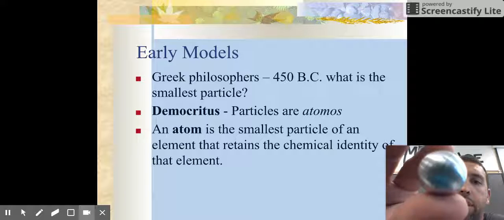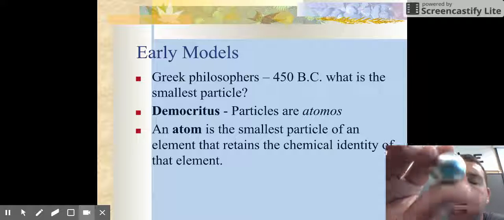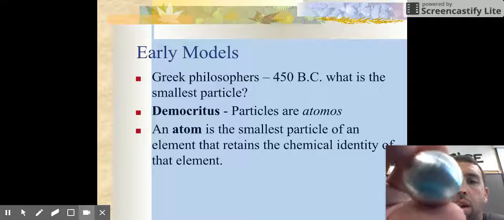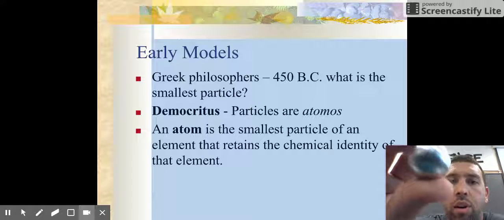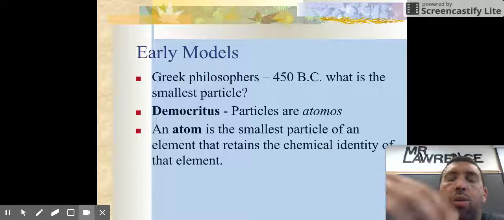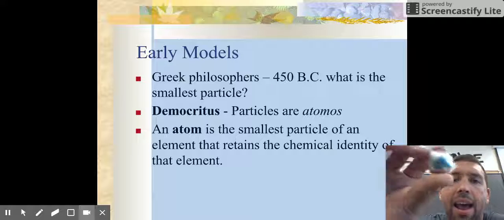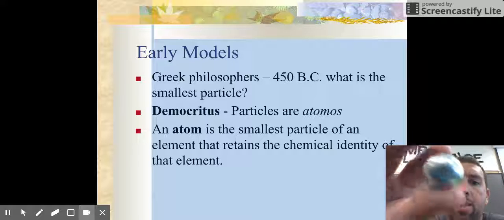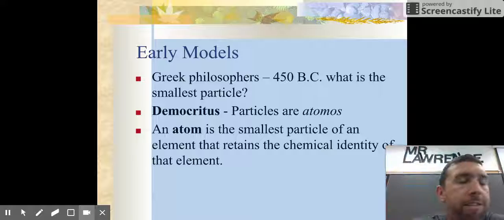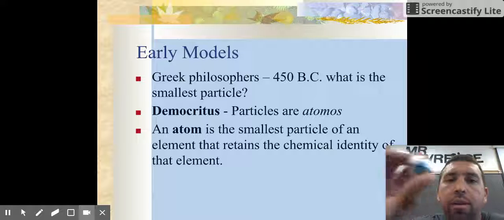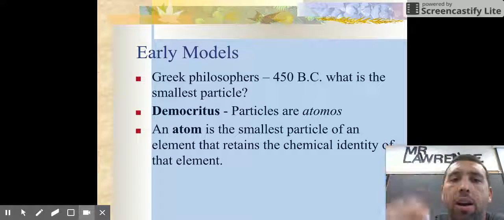As they looked at this, Democritus said, you know what? I think that chunk has to be made up of an indivisible unit, some kind of particle that I'm going to call an atomos, which means indivisible, and is where we get the word atom today. And that atomos is the thing that all matter is made of. It's indivisible, whatever it is, but those little things come together to form all the matter we know.